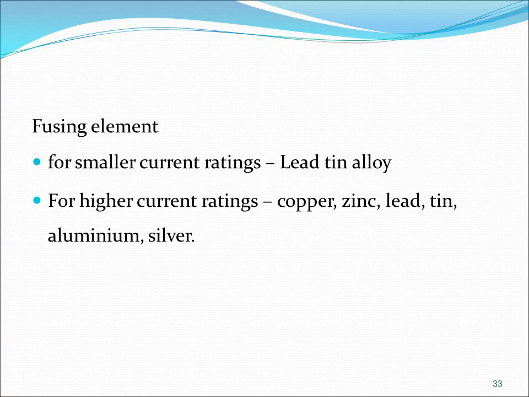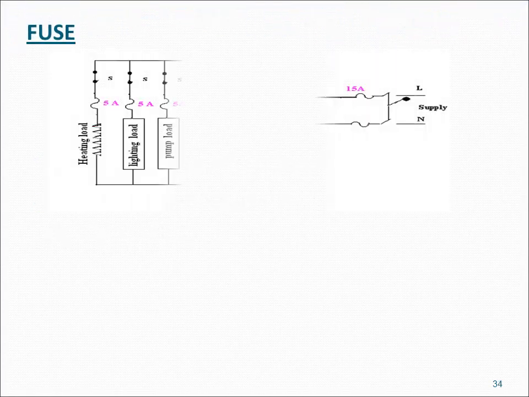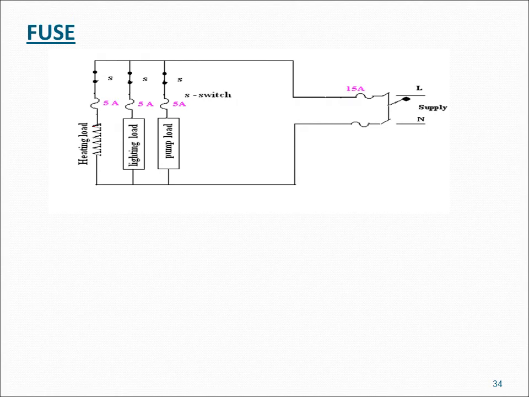It is made of lead-tin alloy, copper, zinc, lead, tin, aluminum or silver, depending on the smaller current ratings. I think you have seen it is a small wire placed in the circuit, always connected in the phase wire. If a short circuit happens or a very large current flows through the circuit,